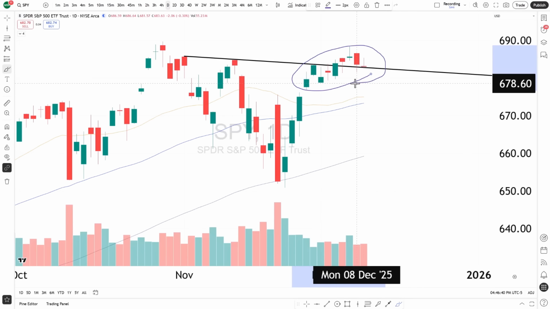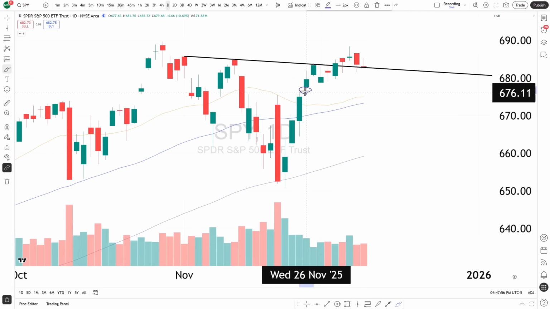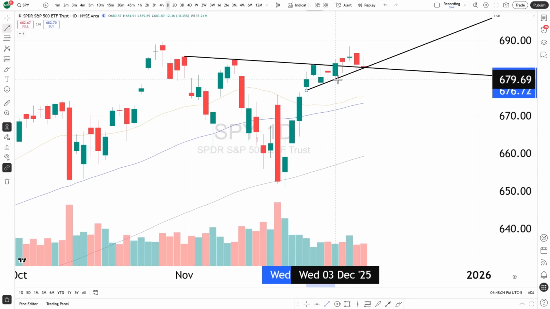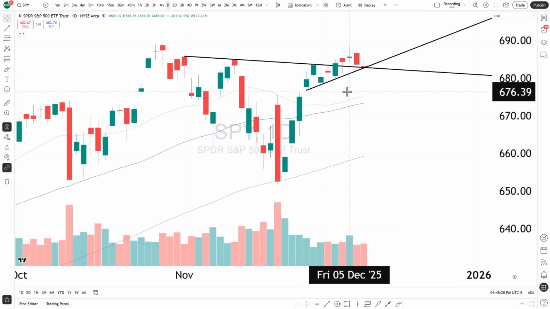One more thing that I do want to mention before we get into some other stuff is just looking at this area right here, it's pretty much the formation of a rising wedge pattern, continuously making new higher lows. And with that information, we can even create another trend line, one that looks a little something like this. Remember, we don't draw the trend lines, the market draws it for us. And there's other trend lines that you could have on the chart. These aren't the only 2 that you could create, but these are the 2 that I've seen show the most importance from the bigger picture perspective, as well as the intraday activity.